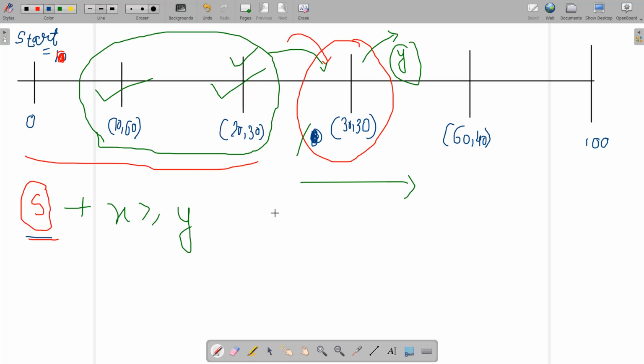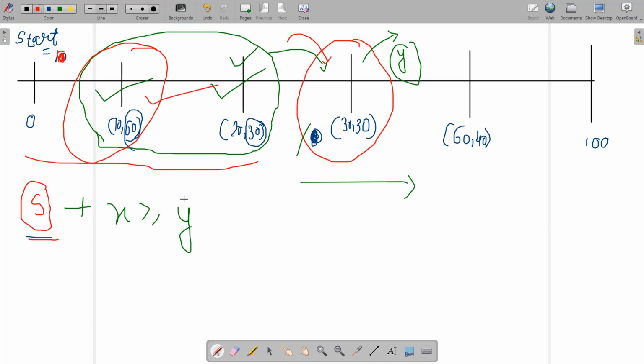Suppose this station provides 60 amount of gas, and this station provides 30 amount of gas. Then what is the optimal way to refuel? That is, which station is the optimal one to start refueling my vehicle from? You can see this station is the optimal one, because it gives us the maximum amount of fuel. So I will first start refueling my vehicle with the gas provided by this station.